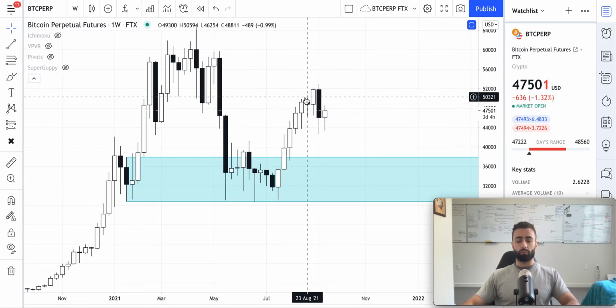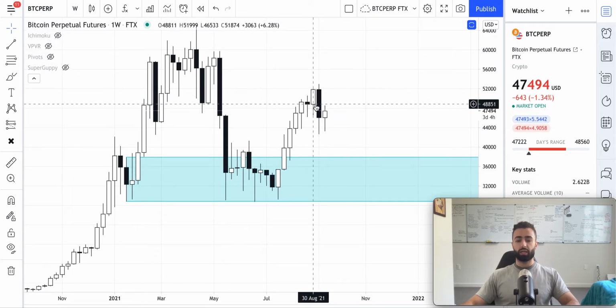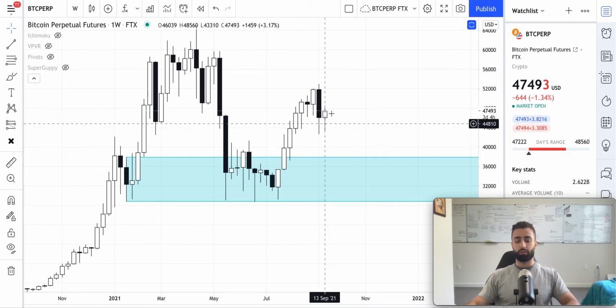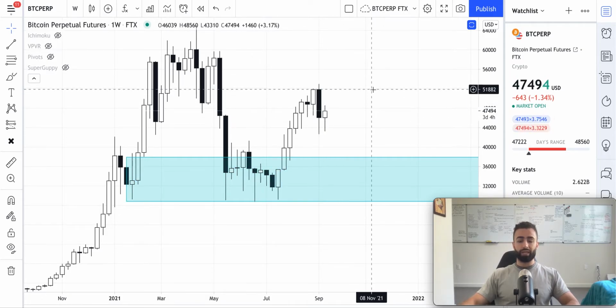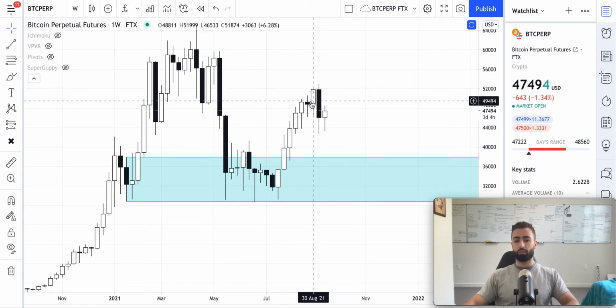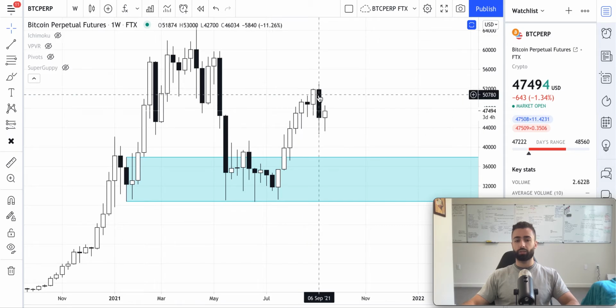And now we are likely going to set a high sometime soon up in this range because of the fact that we know on the monthly time frame we're likely to set that lower high, and on the weekly time frame we've risen for about 7 weeks in a row without coming down, so we're due for a drawdown at some point. So based on those two factors, we can say, okay, let's start to position out of our long positions up here in this range, and also let's consider potentially hedging short and going short